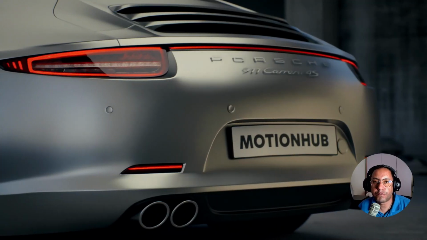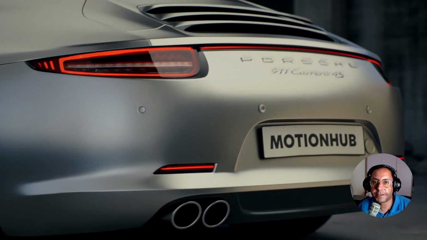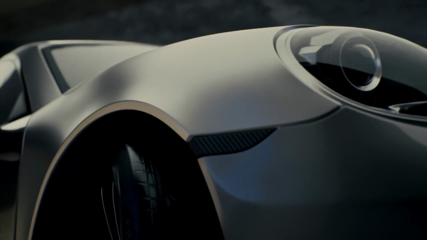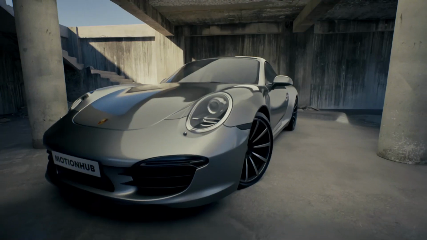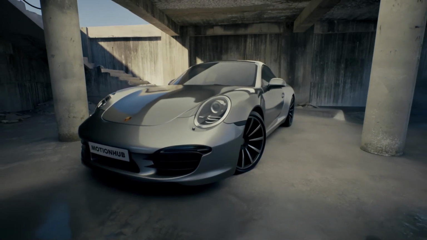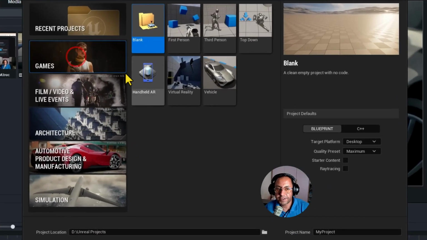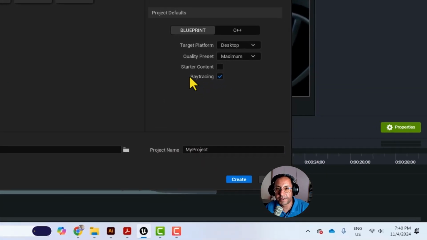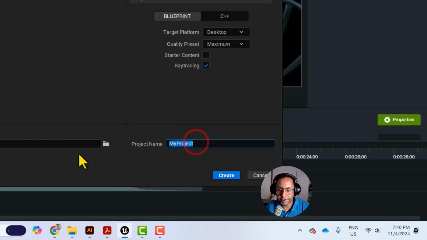In this new tutorial we will make a car cinematic in Unreal Engine 5. I will make a new project, which was game blank project, and if you have an RTX graphic card, pick ray tracing. Otherwise you can still follow along with the tutorial and still make great things. So I will call this one car cinematic